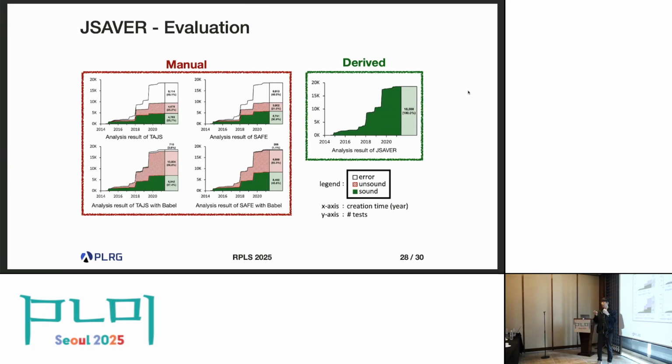After deriving the JavaScript static analyzer from the latest spec, our empirical study shows we can always derive a sound analyzer. It covers all the modern features of JavaScript, but a manually written and maintained JavaScript analyzer cannot soundly support the modern language features. But actually, this is not practical because we need to perform meta-level static analysis for all the parts. We built this JavaScript static analyzer from scratch, but I think it is not the ultimate